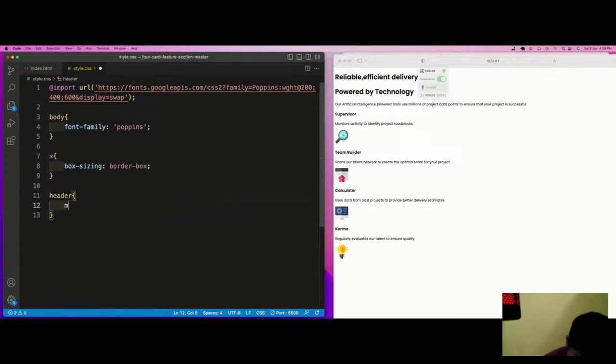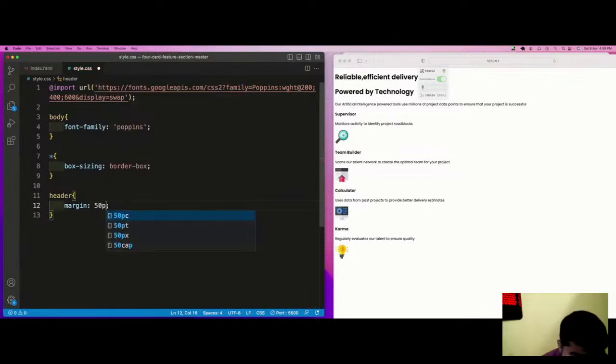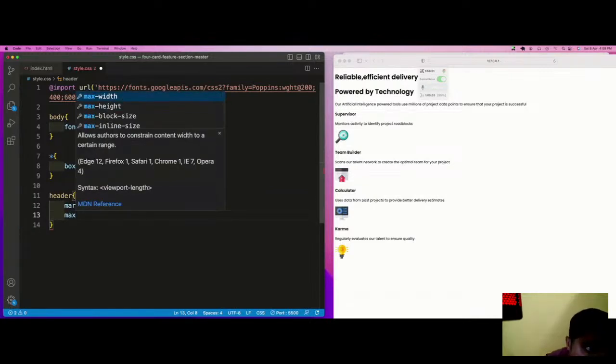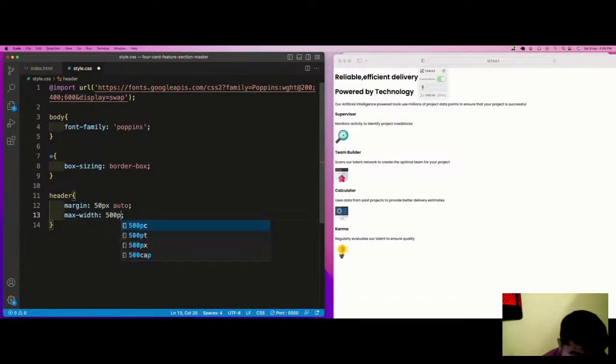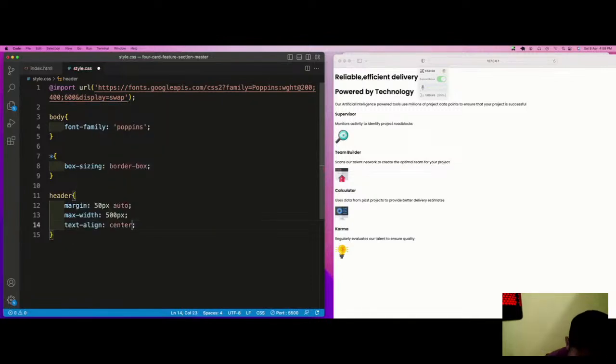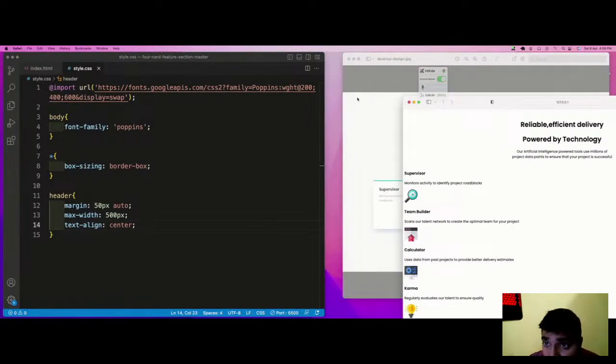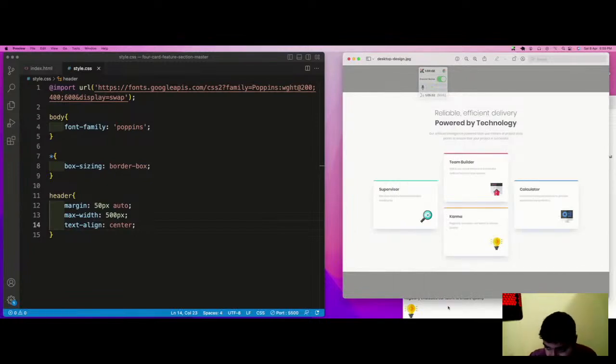After this box sizing border box, we will target the header. In the header, we have a margin of let's say 0 auto, and a max width of let's say 500px, and also text align center, so that it comes in this perfect center, because if you have noticed, this thing is a perfect center.